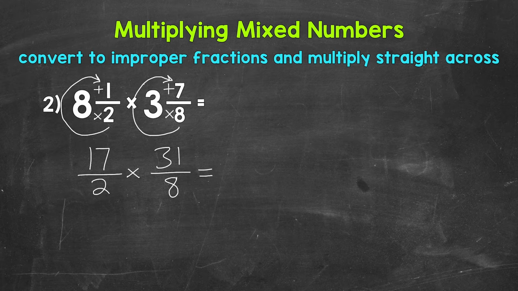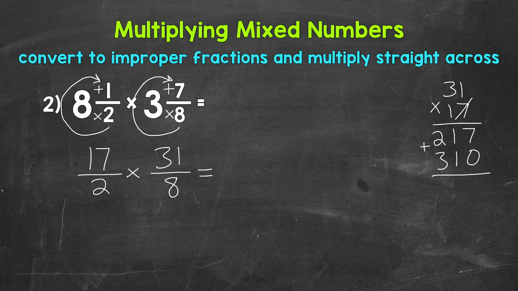So let's do 31. I'll put the larger number in value on top, times 17. 7 times 1 is 7. 7 times 3 is 21. Now we need a 0, and then we have 1 times 1 is 1, and then 1 times 3 is 3. Add, 7 plus 0 is 7, 1 plus 1 is 2, and then 2 plus 3 is 5. So we get